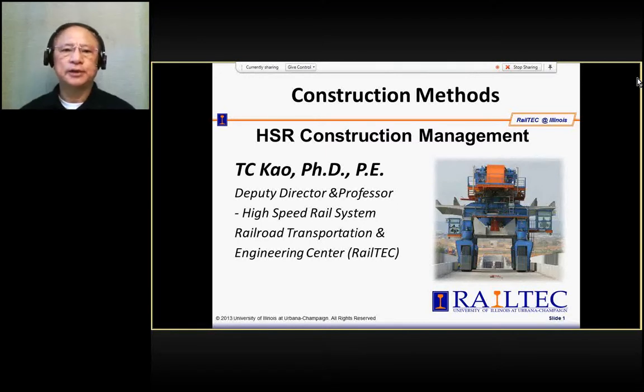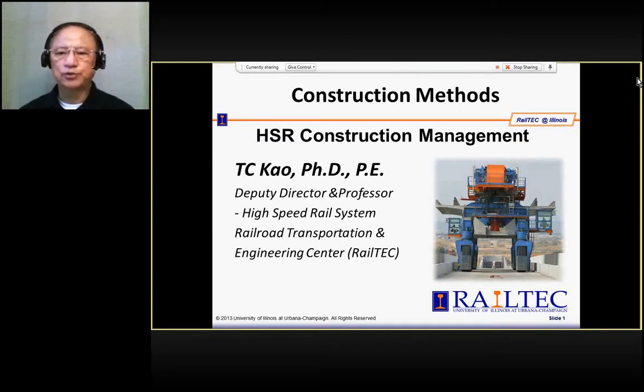Our subject today is about the construction methods for high-speed rail system. Again, due to the time, we will not be able to give a very detailed introduction of all the construction methods for high-speed rail system. This will be an overview of the construction methods used for high-speed rail system. Again, this is a subject of one of the high-speed rail classes in